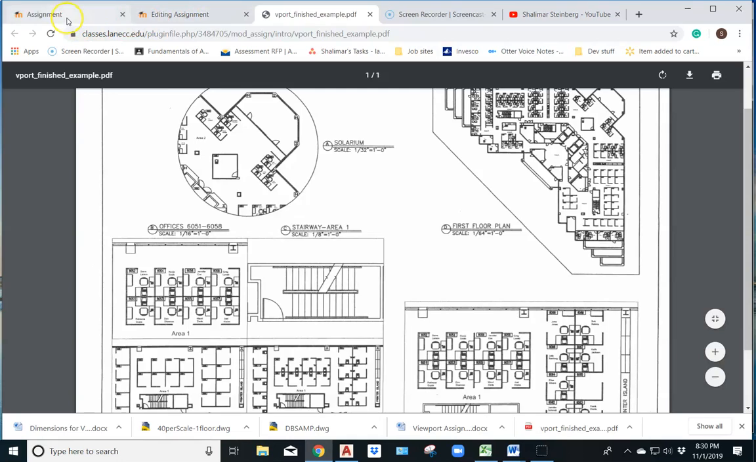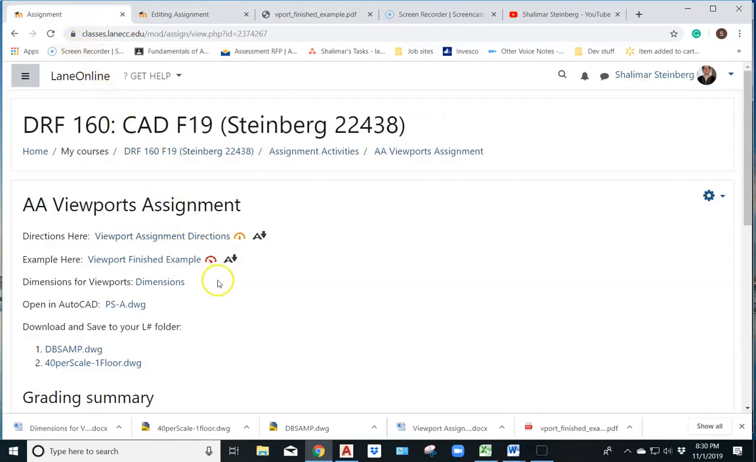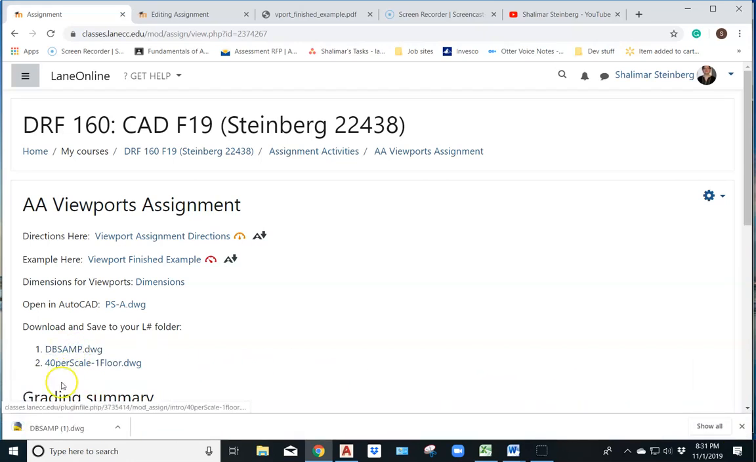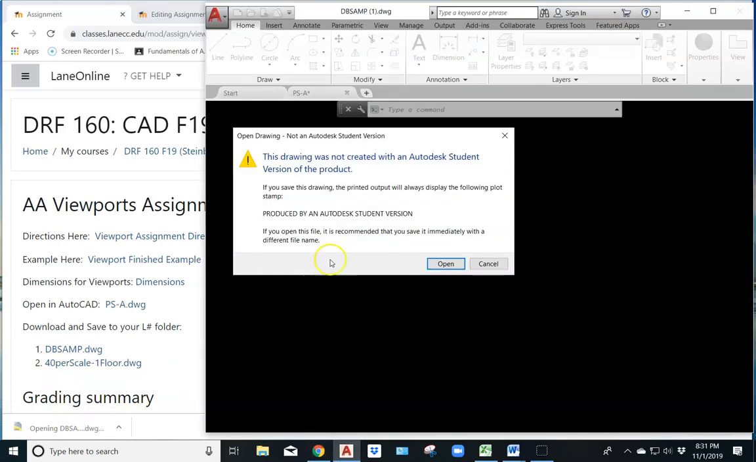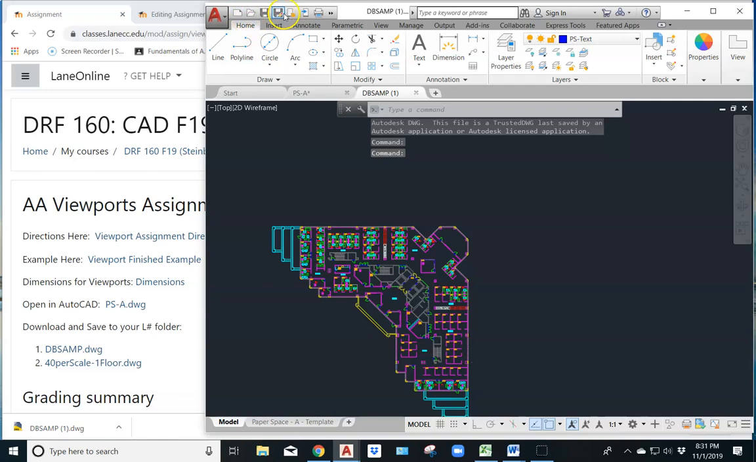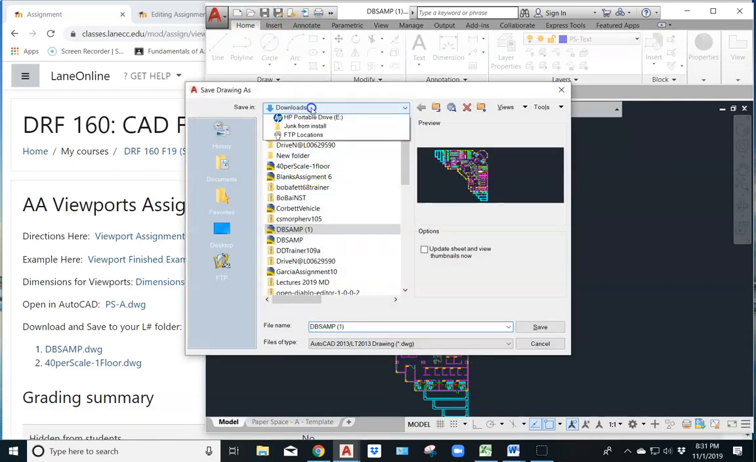So the first thing that we're going to do is go to the assignment page, and we need to start by downloading our PSA title block if we haven't already. And then we're going to download and save these 2 files, which are going to be inserted into the drawing at different times. So we're going to start with the DB-SAMP drawing, and I'm going to open it and go ahead and save as,